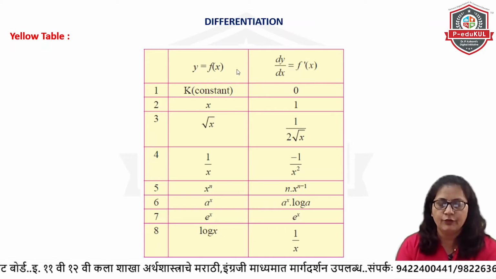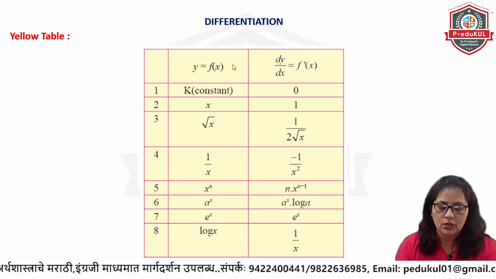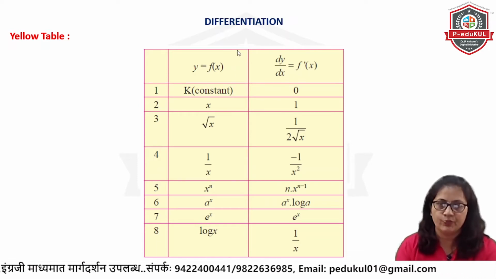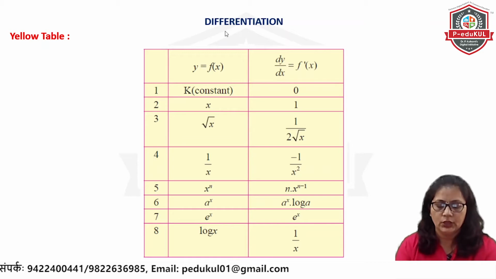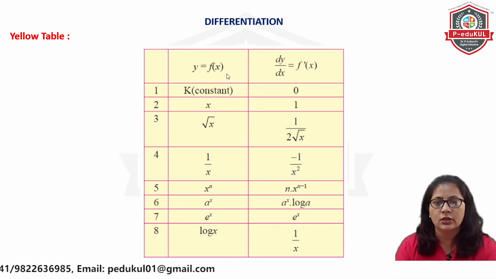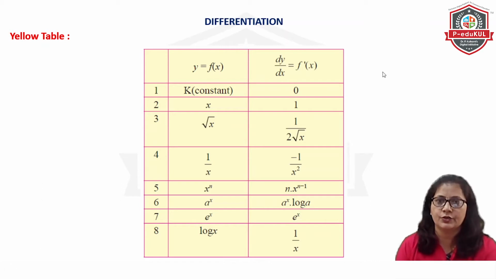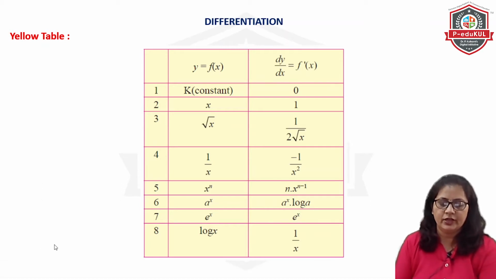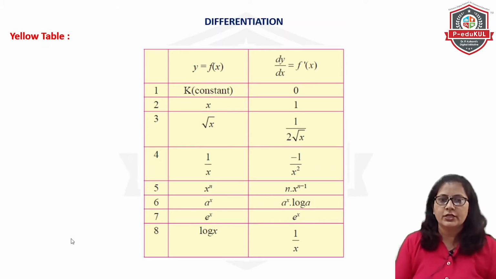Then the mass of an object, if its density function is known to us, we can calculate by using differentiation. Then we can calculate the variation in temperature by using differentiation. Then we can calculate speed, distance covered in miles per hour or kilometers per hour, by using differentiation. This was my first function, then another function, and then we calculate the difference between the two. That is nothing but the derivative. Then there are many equations in physics which we solve using derivatives. Let us not go into more details about it. We will go for the revision.